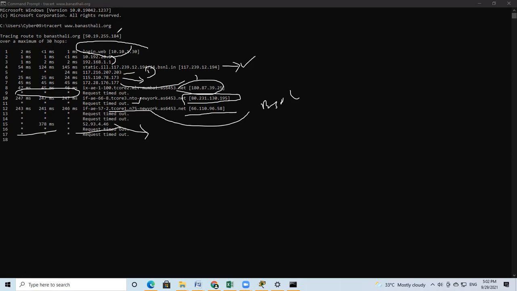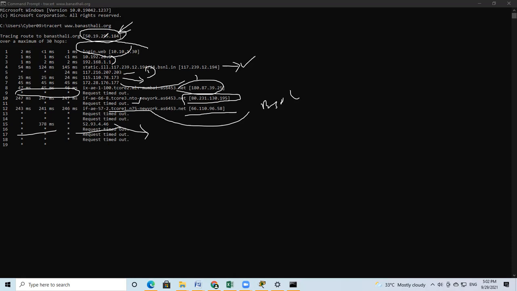Your Banasthali IP address: first my DNS server identifies what your Banasthali IP address is. It gets this web server, 50 dot. I think this is available inside Banasthali. Very nice. Your Banasthali University, I think same server, same location. Very secure.